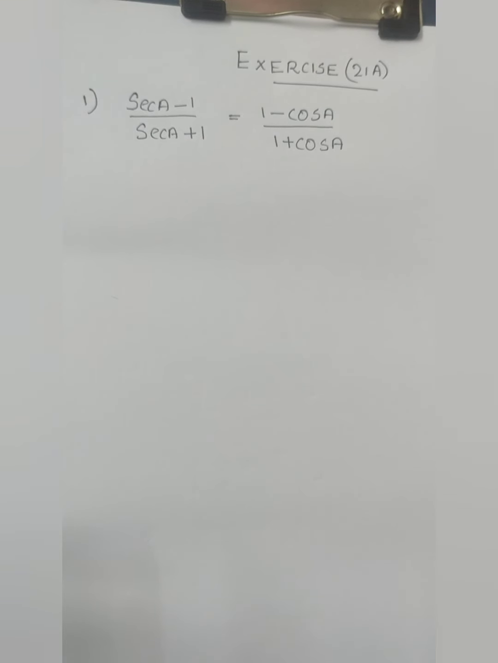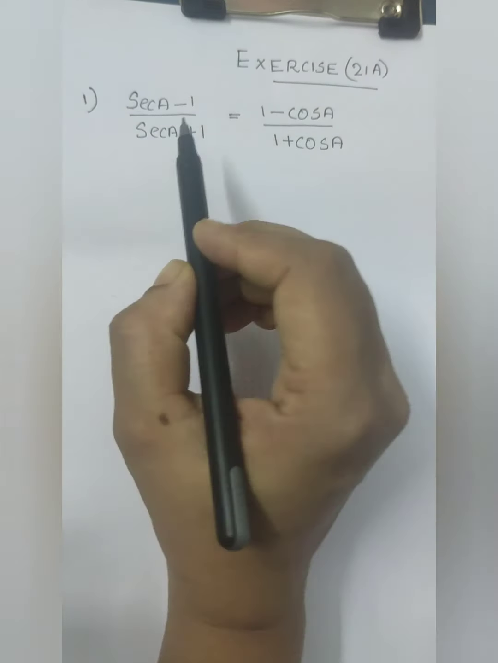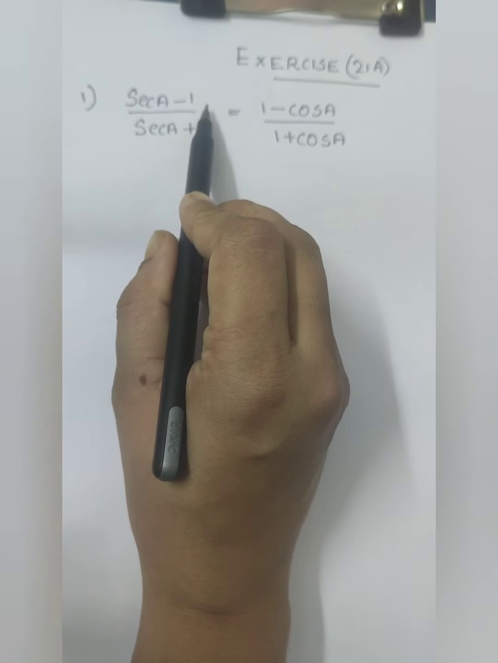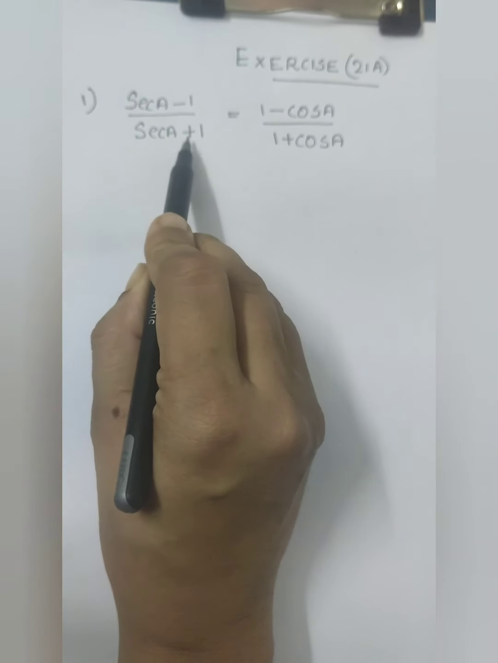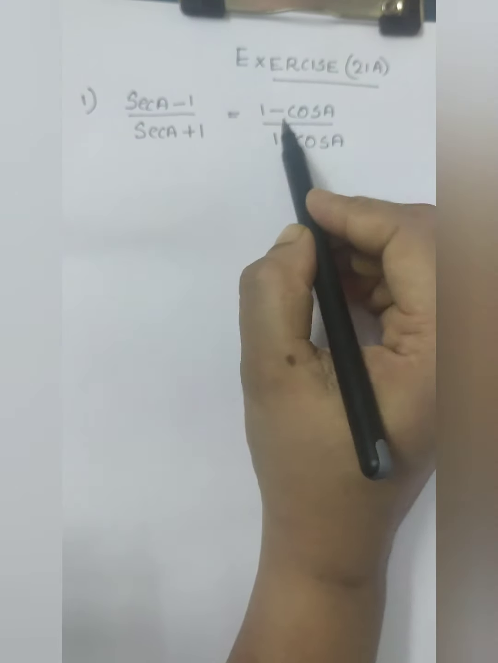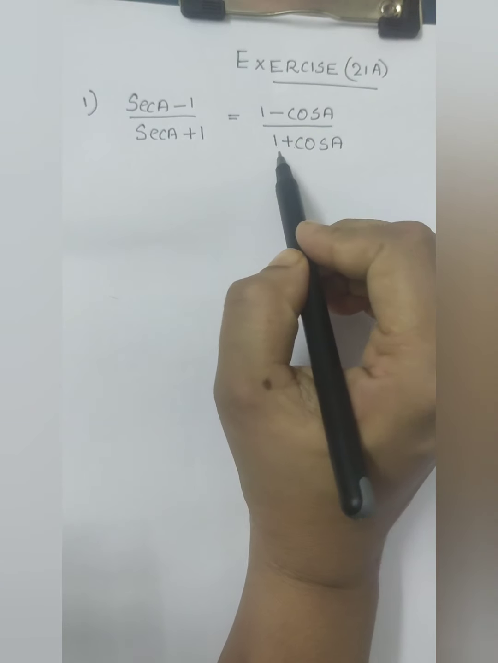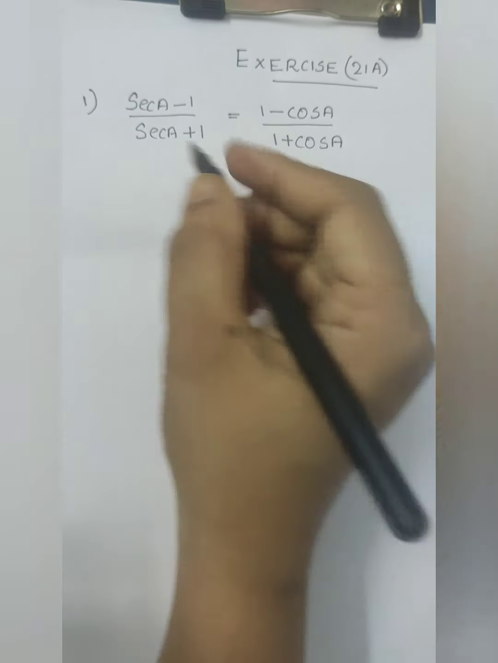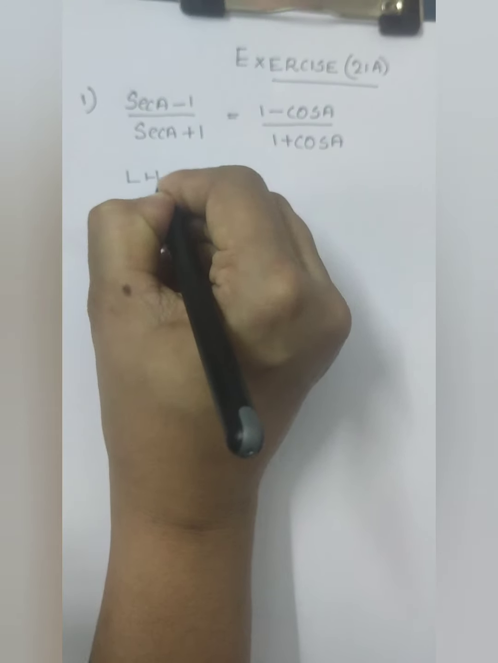Exercise 21A. Prove the following identities. Question number 1. Prove that (sec A minus 1) divided by (sec A plus 1) is equal to (1 minus cos A) divided by (1 plus cos A). So the LHS equals